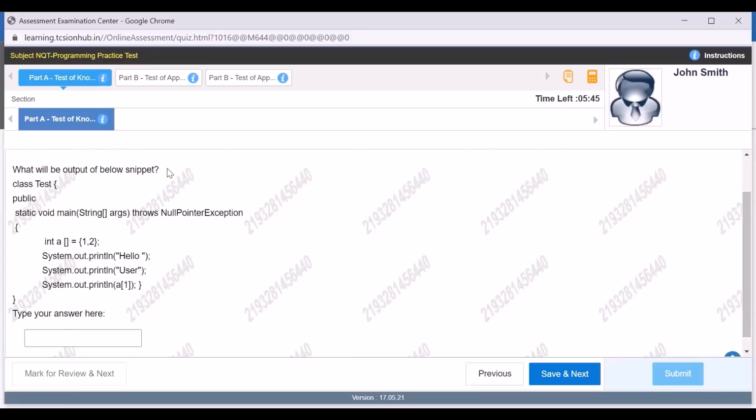What will be the output of the below snippet? Class test, public static void main, string. Okay, everything seems fine there. What we'll see here is that we are printing System.out.println hello, then user, then a1. This is an array. The array's 0 element is 1, but the array's index is 1. This is index 0, 1. The index 1 element is 2. So the output will be hello